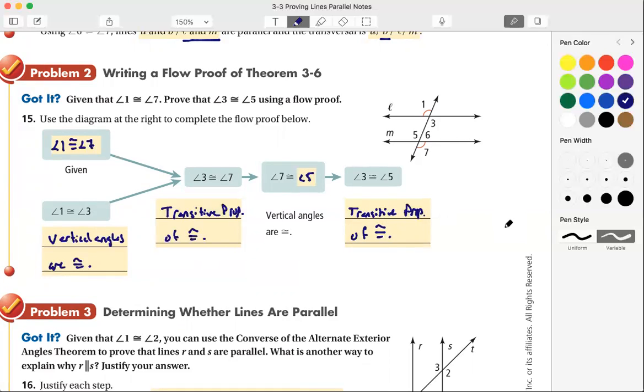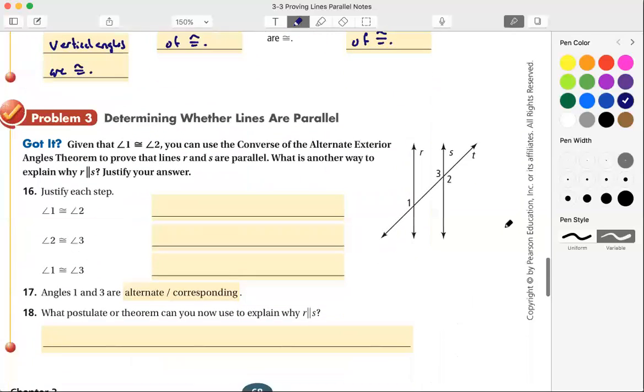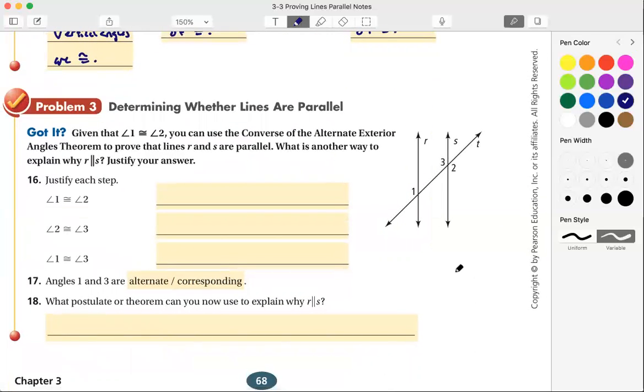Okay, let's try another proof. Determine whether lines are parallel. If I'm given angles 1 and 2 are congruent, let's mark them. Use the converse of the alternate exterior angles theorem to prove that lines R and S are parallel. We were given angles 1 and 2 are congruent. Well, what about 2 and 3? 2 and 3 are vertical angles. So I've now proven this is congruent. Oh, look at this. 1 and 3 are now congruent, and those are corresponding angles. So 1 and 3 by transitive